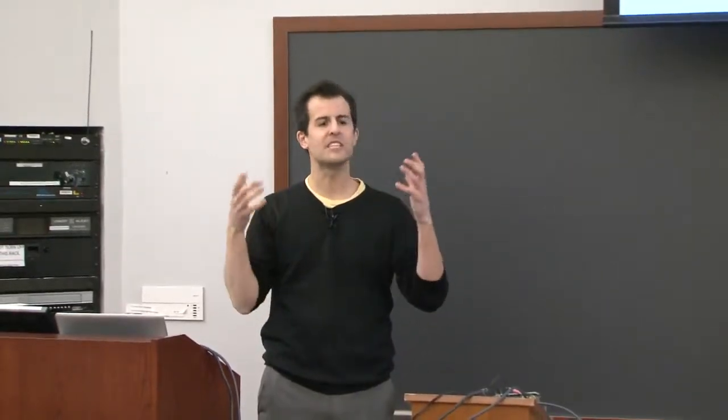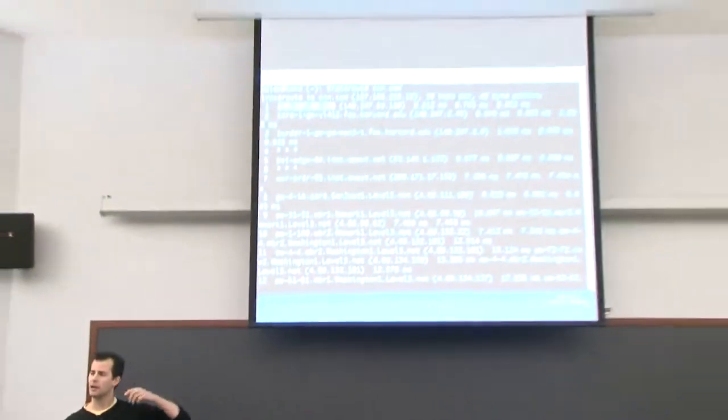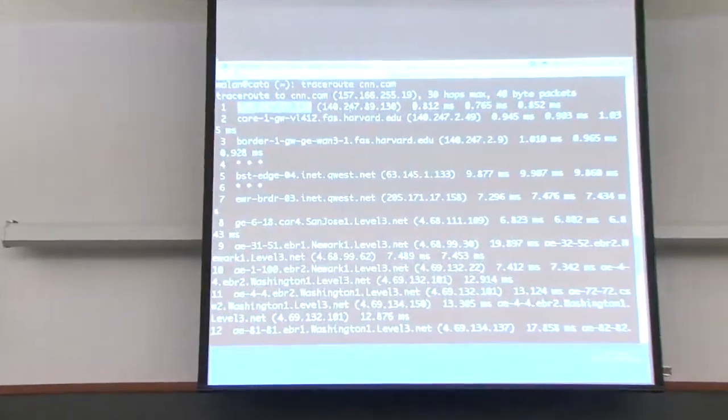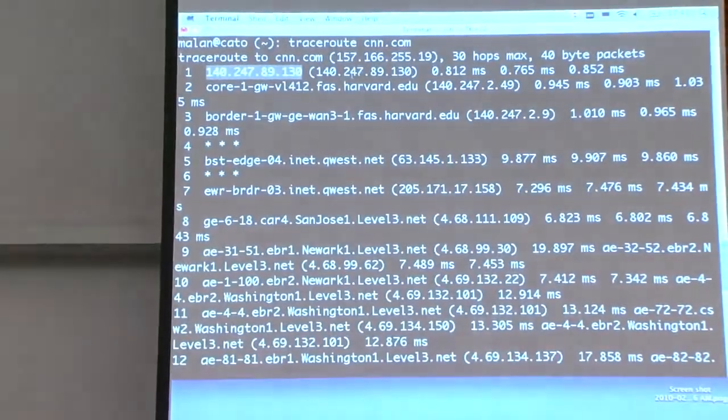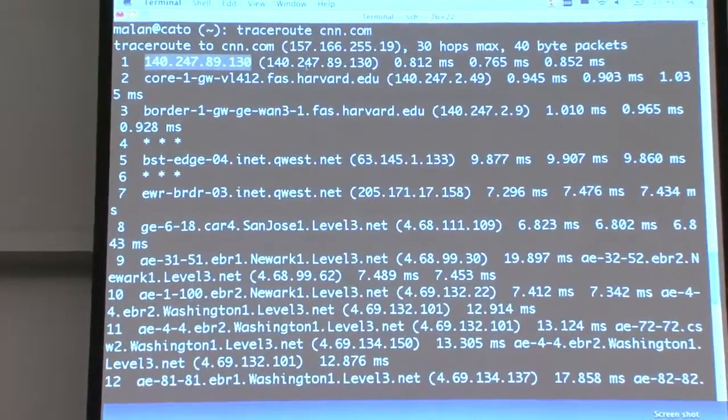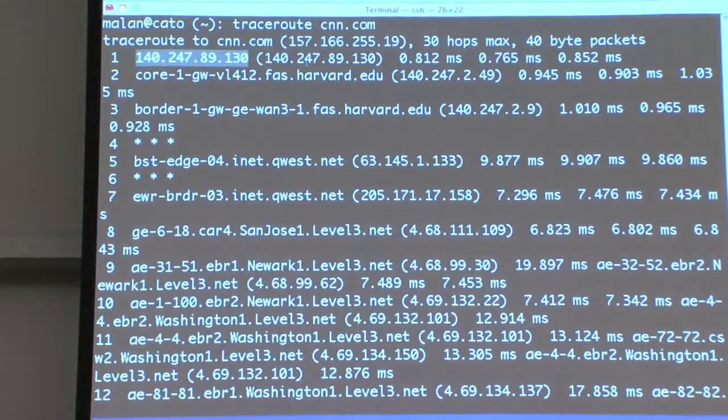In short, there's some kind of table or database that says if information is destined for this address, send it that way. If it's destined for another address, send it that way, and so forth. So routers route information. Now, there appear to be multiple routers between me and CNN, and that conceptually probably makes sense, because we don't live next door, so far as I know, to CNN. So it makes sense that there's going to be a bunch of hops, a bunch of routers between point A